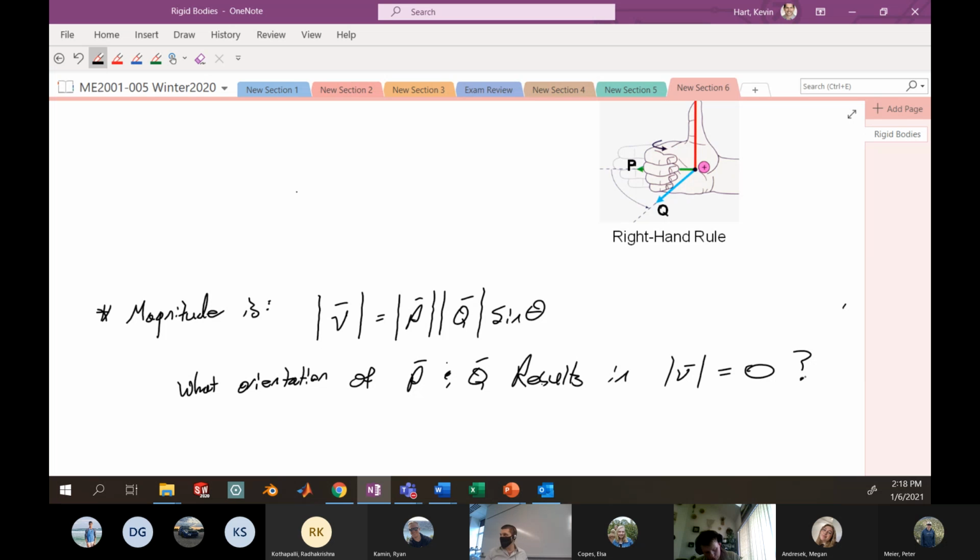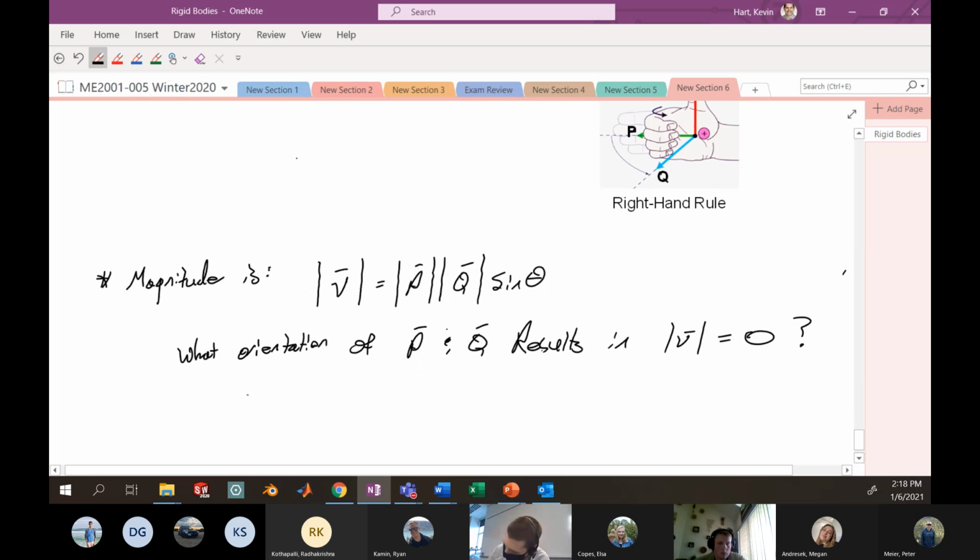Anyone in the class take a stab? So 90 degrees would be the greatest value of V that you could achieve, because the sine of 90 is 1. So think the other way. Yeah, right. So the orientation of P and Q, which results in the vector V being equal to 0, is